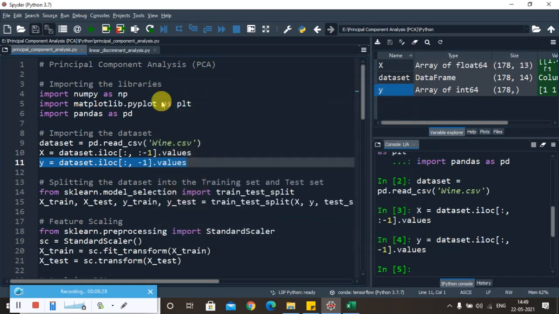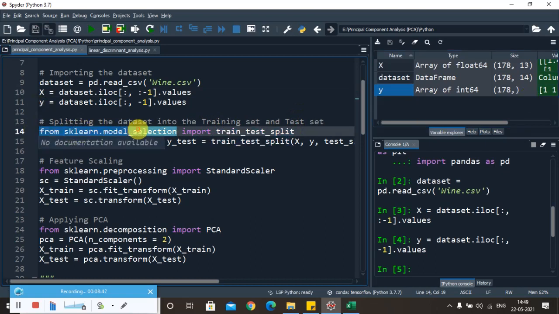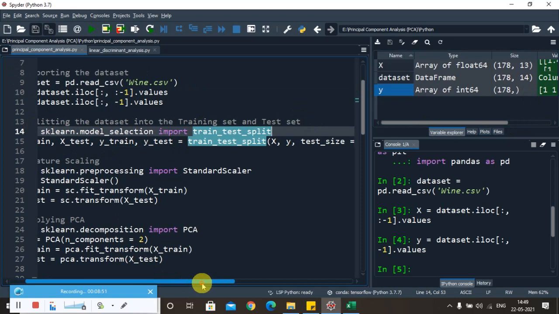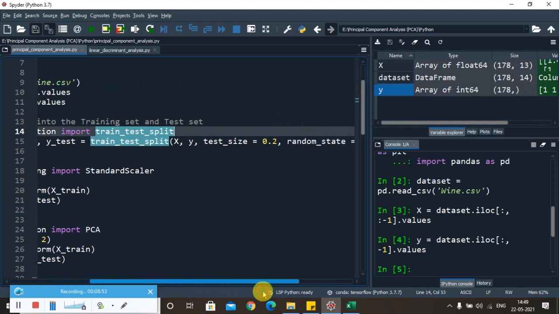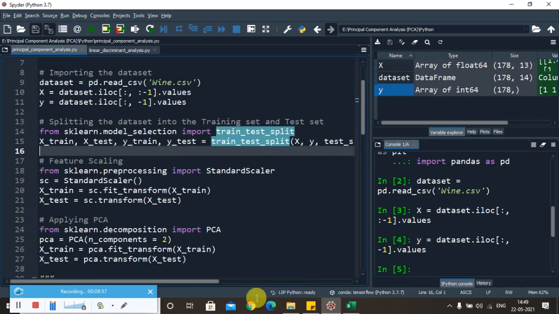Now after we do that, we have to split the data set into training and testing, which is required for training our model. So we import the class called train_test_split from the module model_selection, using from sklearn.model_selection import this class, and then create an instance of that class by passing various parameters such as the matrix of features X, the dependent variable vector Y, and the test size.